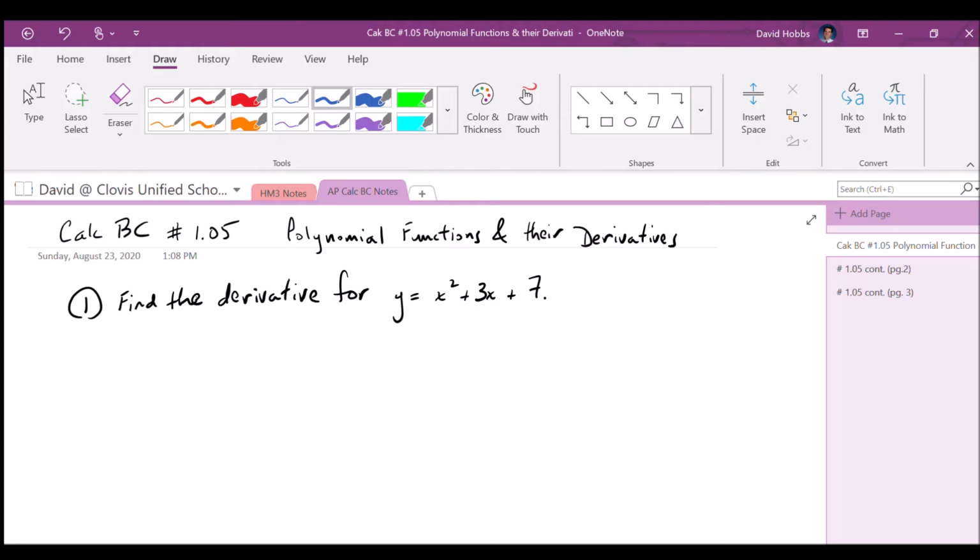Polynomial functions and their derivatives. So, problem number 1: find the derivative for y equals x squared plus 3x plus 7. Okay, now, what we have learned thus far is the fact that if we want the derivative